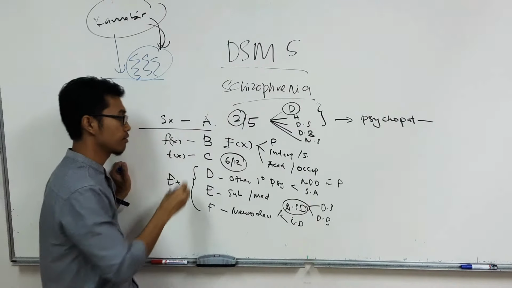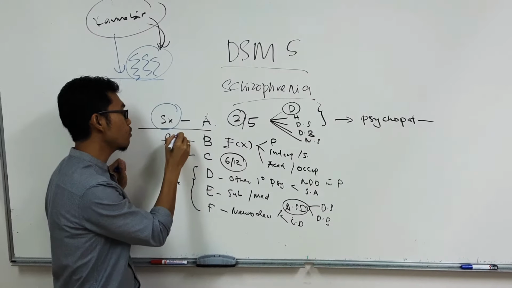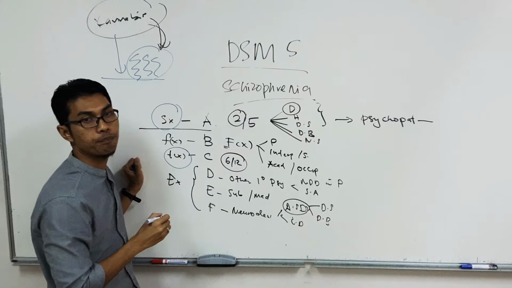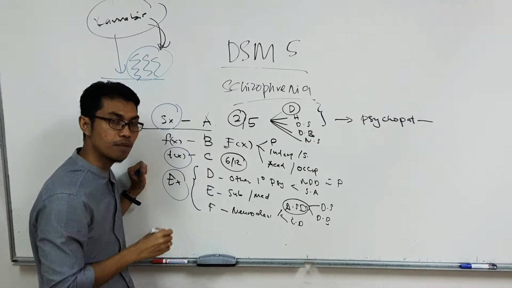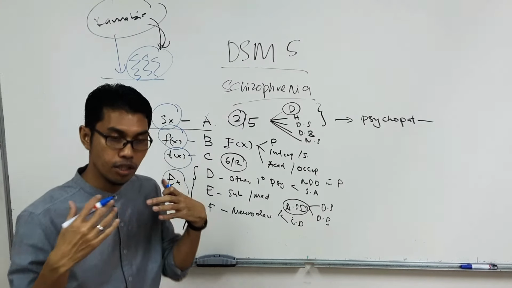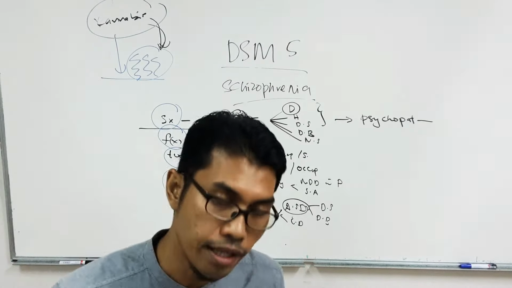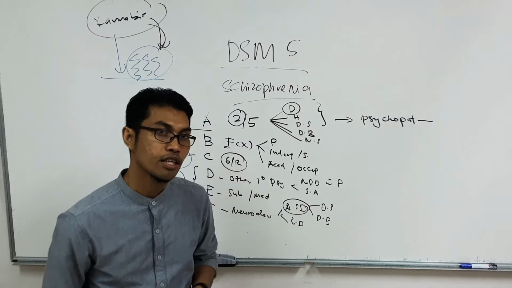Number one, you need to know what the symptoms are to diagnose. You need to know what the time frame is, and you need to know what to exclude. And at the same time, for each diagnosis, there will be a requirement for evidence that function is affected. Okay, so that is